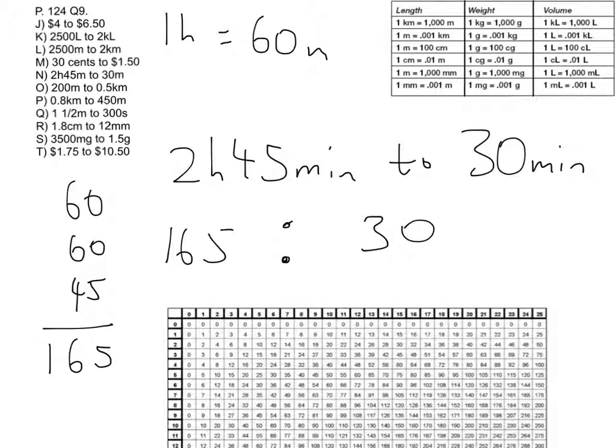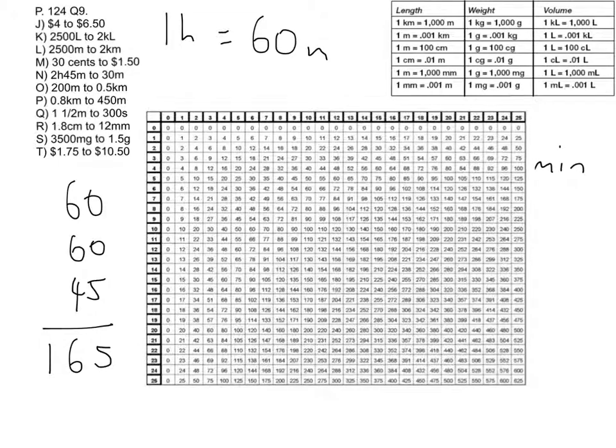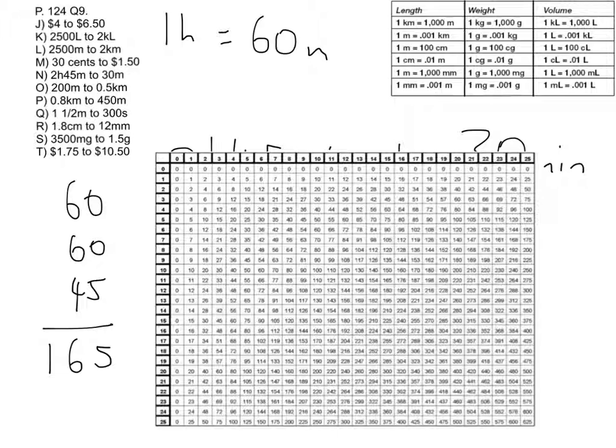So if you have a look over here, we can see that there is a number 30 over here, and 165 over here. So both these numbers are in the same row of multiples, in this case the number